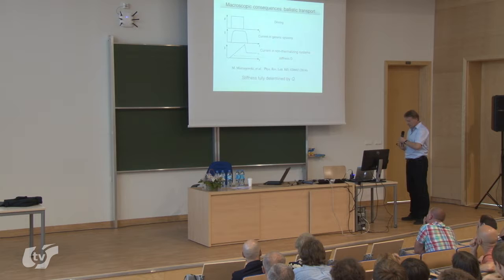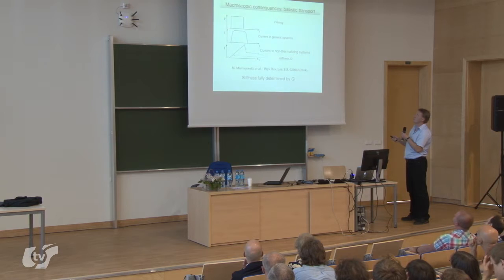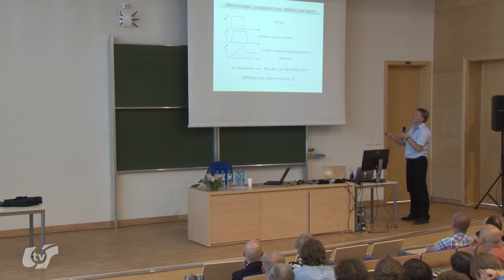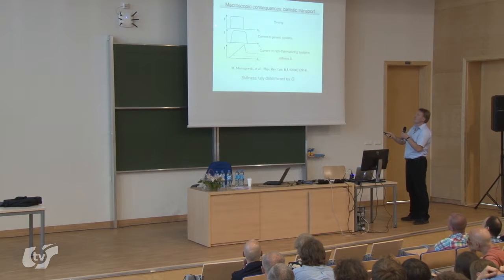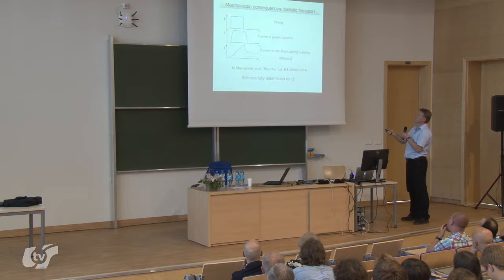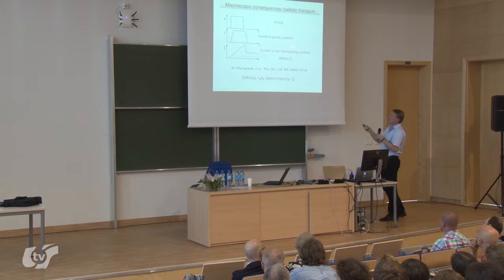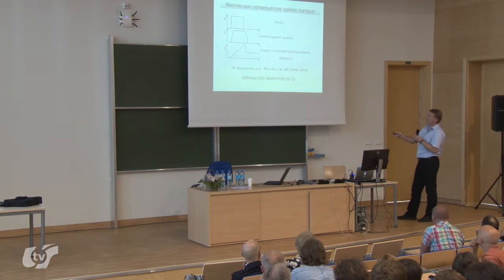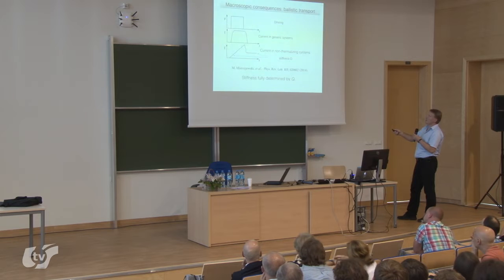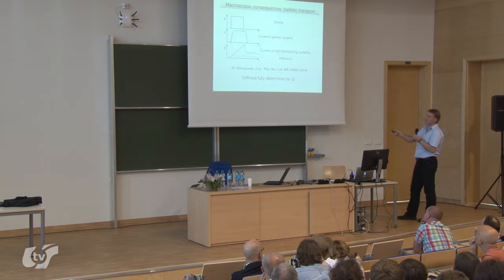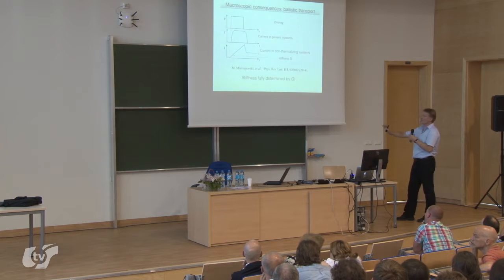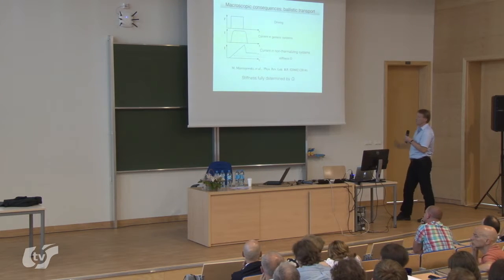How can we observe it? It seems not to be very complicated. Let's make a plot. This will be force, and this will be time. There is no force acting on our system for a long time. Then suddenly we turn on the field, the driving. One can think of the force as constant, and then we turn off the force again. The generic systems in our surroundings behave in such a way that as long as we drive the system, there is current or velocity. But if we turn off the field, the velocity or the current drops to 0.